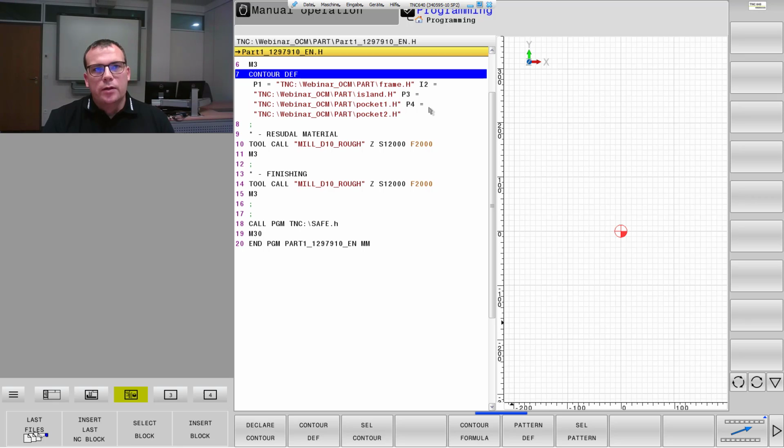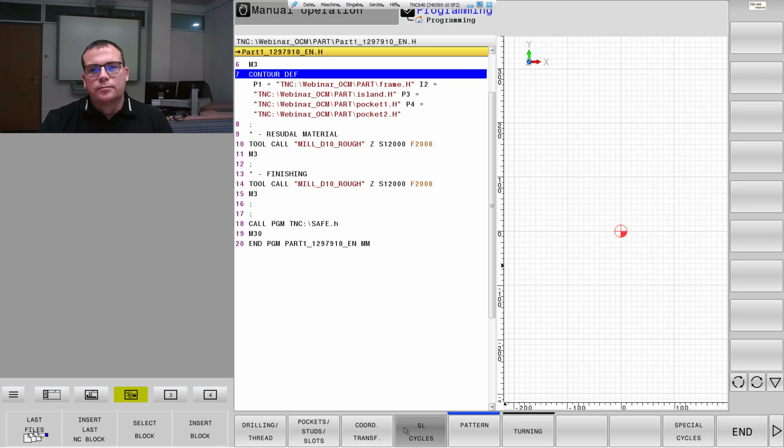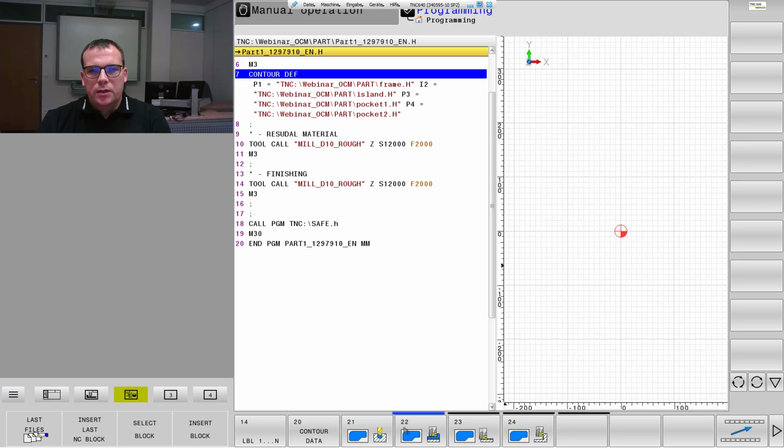And now we come to the OCM cycles. So we press the cycle def key, then SL cycles. And on the last floor here, we have the new cycles. The 271 is the contour data for the OCM function. 272 is roughing. 273 finishing floor. 274 finishing side. So we start with 271